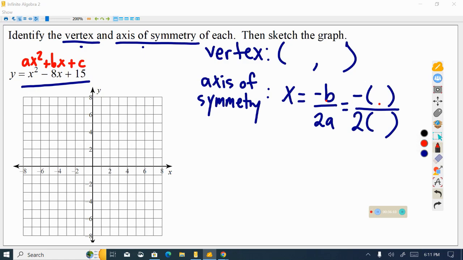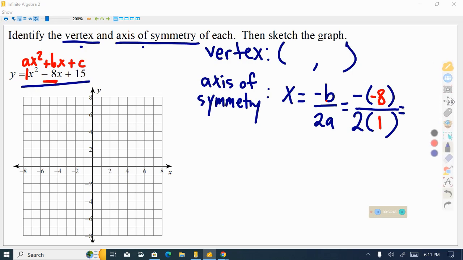So b is represented by the number in front of x. And in this case, the number I see is a -8. So I'm going to copy a -8, exactly what I see. Then I look at the a, and in this case it's an invisible 1. So we should be used to that. In all of these examples, we'll have an invisible 1 until the case changes. So now we have